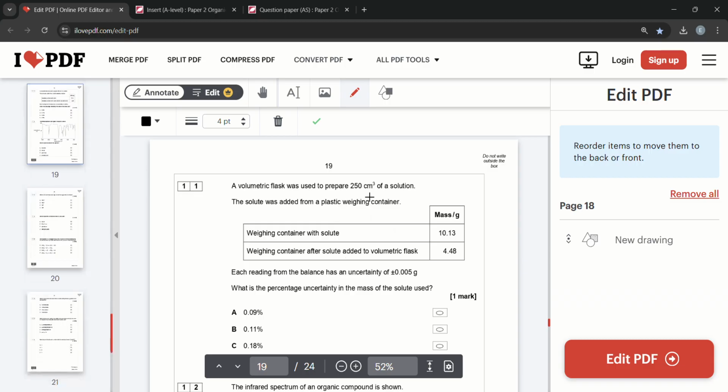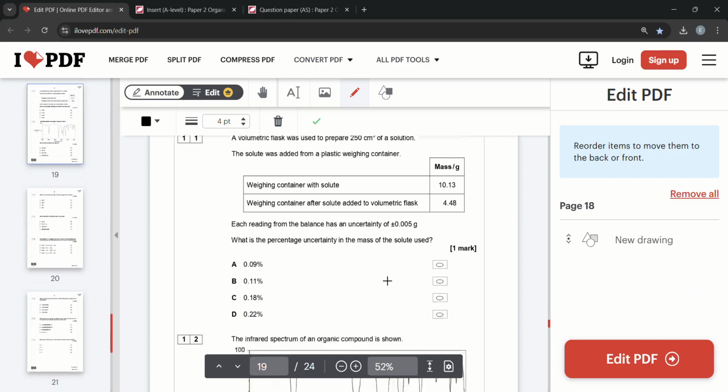A volumetric flask was used to prepare 250 centimeters cubed. Each reading has a certain uncertainty. What is the percentage uncertainty? If we do 10.13 minus 4.48, then we do 0.005 over